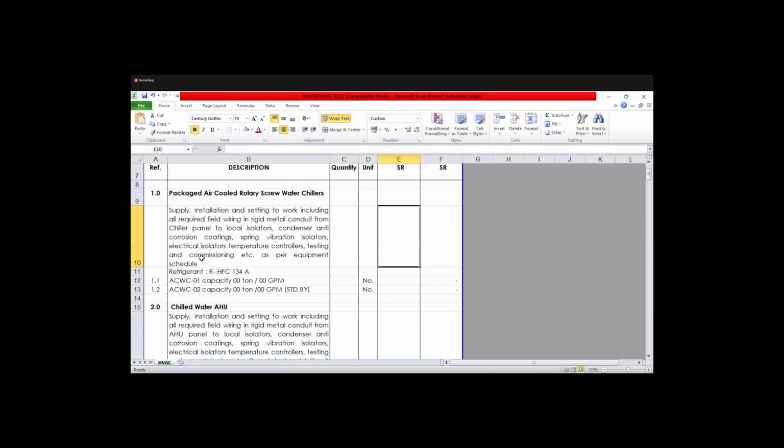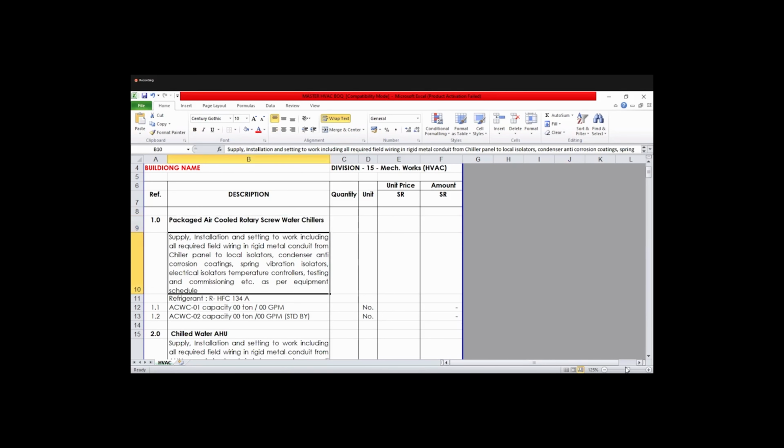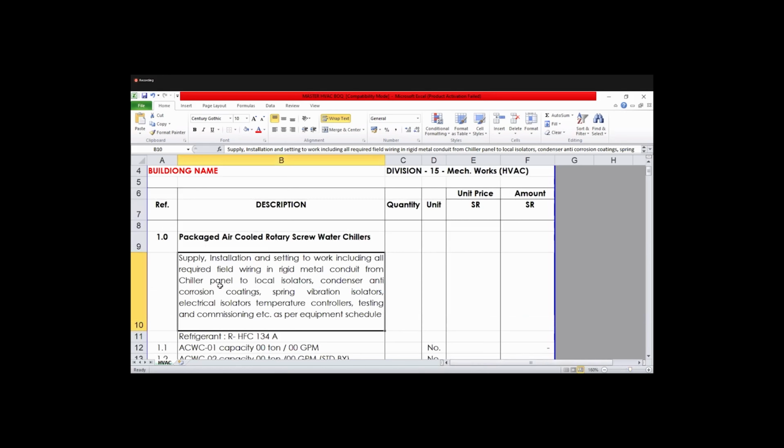So first we have to describe the type of chillers we are using. So here we are using air cooled chillers. So the description should be mentioned on the BOQ, what are the descriptions for the selection of the air cooled chiller. So mostly the contractors have the supply and installation parts. It depends upon the contract from the client, or the main contractor. So depending upon the contract, they are providing only supply and installation, or including the testing and commissioning also.